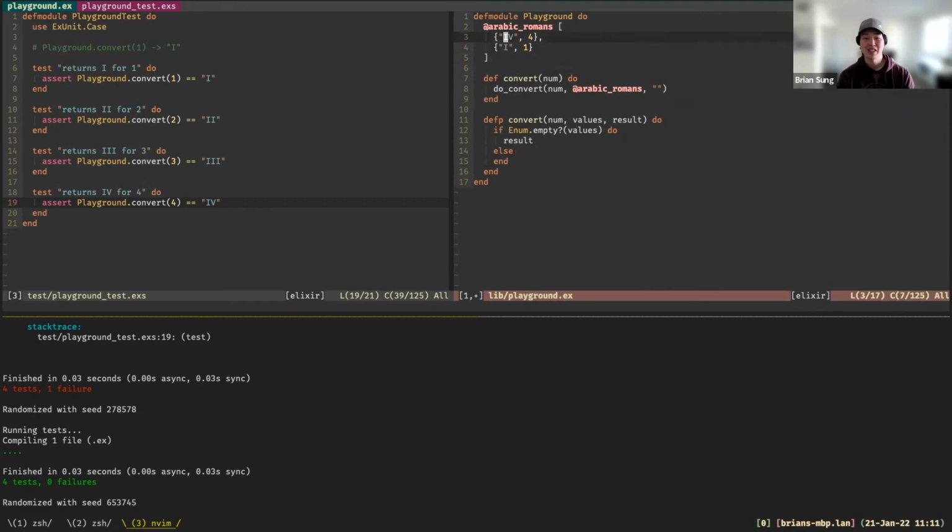So our values here is a list, right? And we want to grab the first element in the list, right? When we first start the iteration, we want to look at the first element in the list. So there's a special syntax for that.